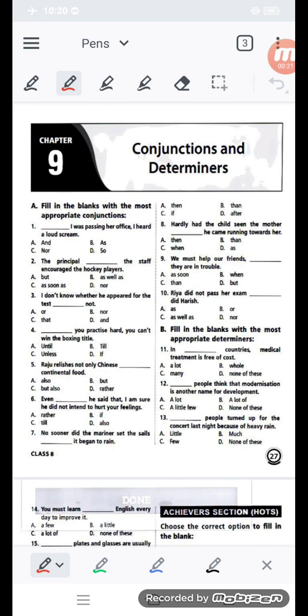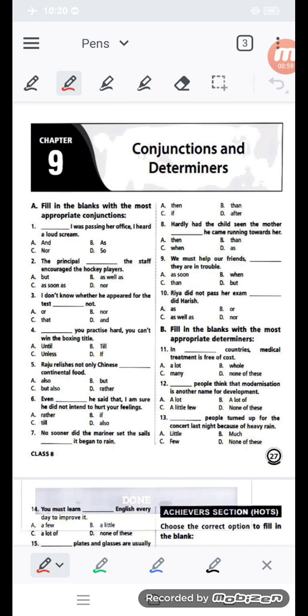So dear students, you know there are different types of conjunctions. What is the function of the conjunctions? Conjunctions are used to make complex sentences or compound sentences when two clauses or two sentences join together to make a single sense or single meaning. Sometimes a single sentence is converted. So this is known as conjunctions. Conjunctions are especially of different types like coordinating conjunctions, subordinating conjunctions and correlative conjunctions.